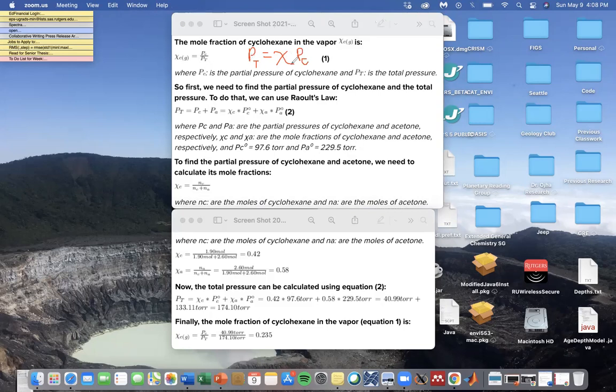And then to isolate the mole fraction of cyclohexane, because this is the partial pressure of cyclohexane, you would do mole fraction of cyclohexane equals